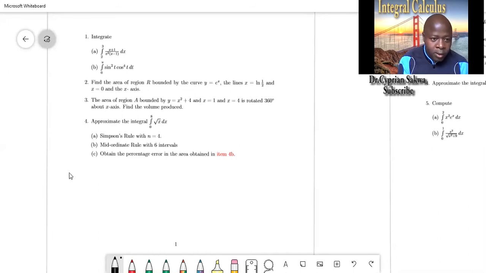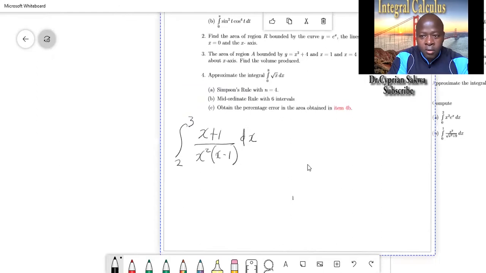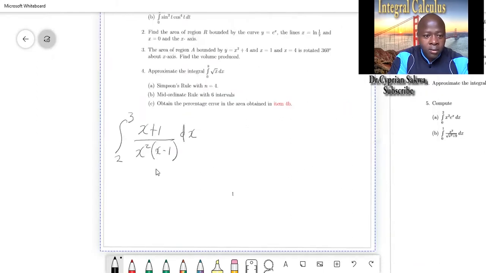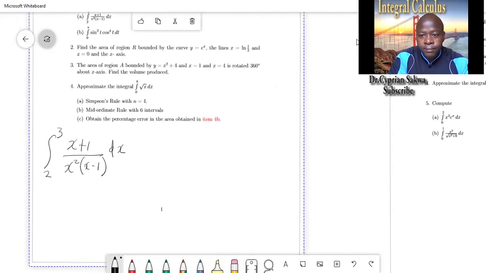In question 1, we're integrating x plus 1 over x squared into x minus 1, dx from 2 to 3. Now this we shall do by use of partial fractions. We shall resolve our fraction into partial fractions. So what I mean by this is that we would have,